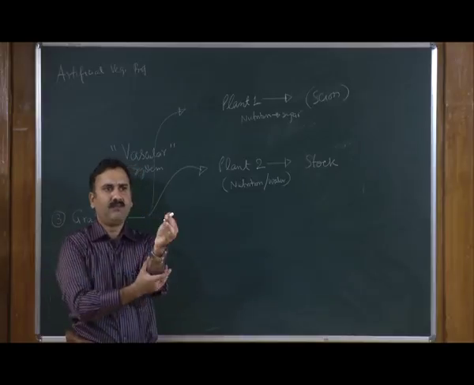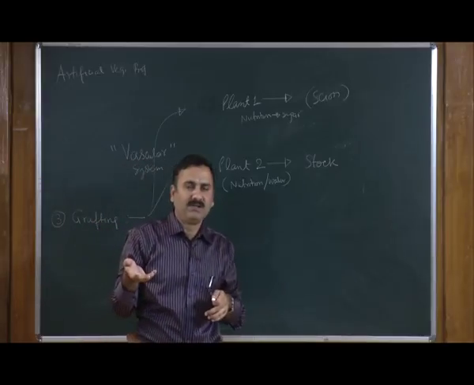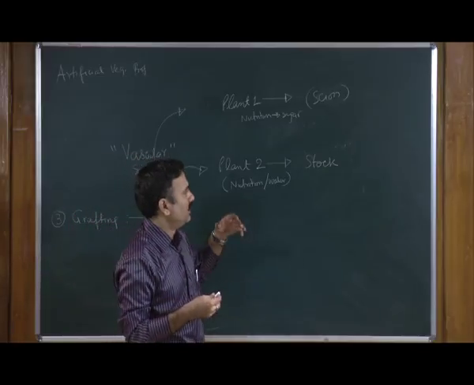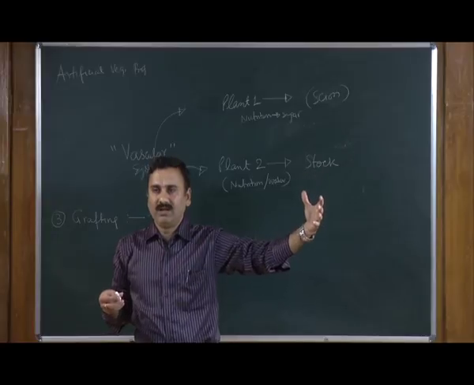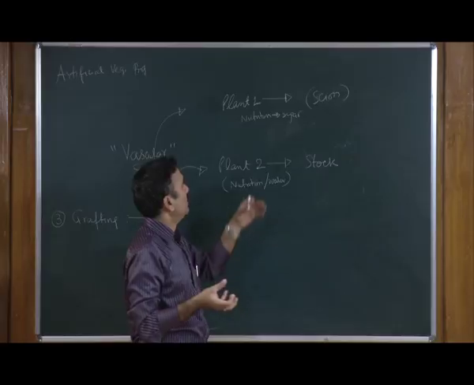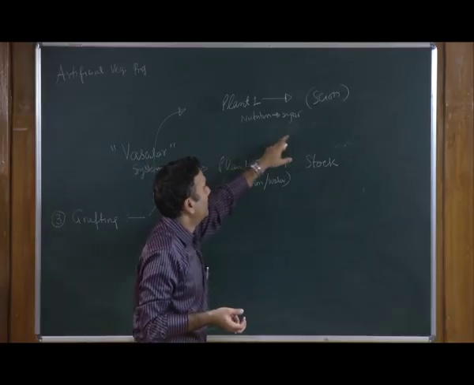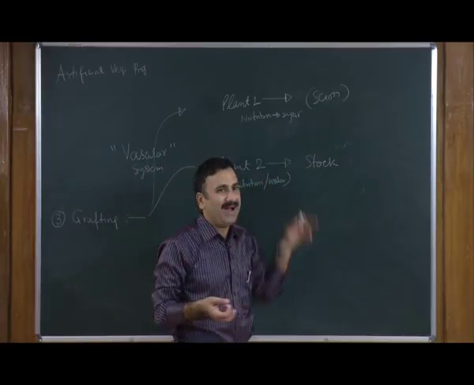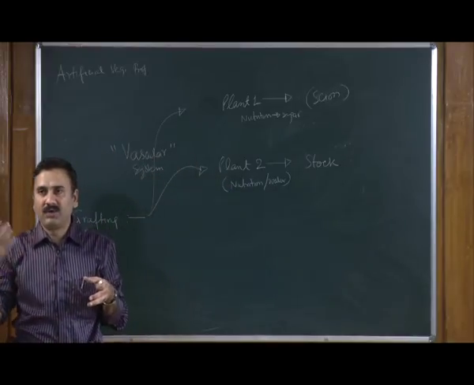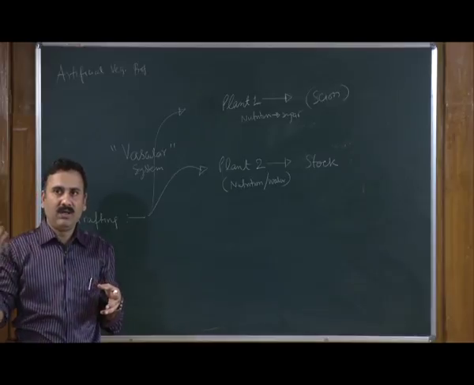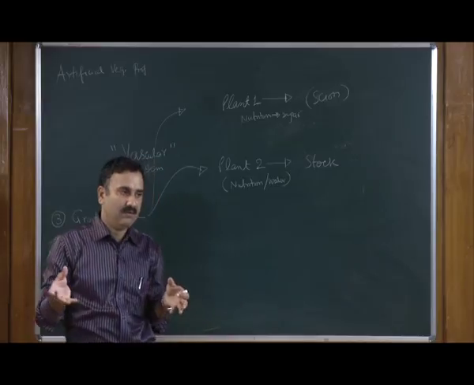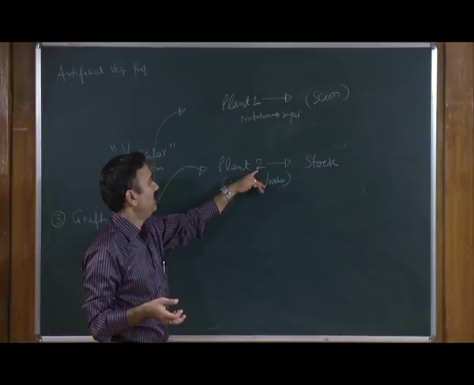For example, there are plants that have a very high level of productivity, or where the size of the fruit is very big. Those kinds of features we can take for the scion, but those plants' vascular system is very bad. So they cannot provide enough nutrition or enough stability to hold that many fruits. For that you are using the stock.